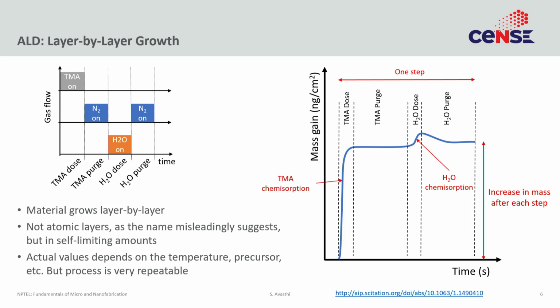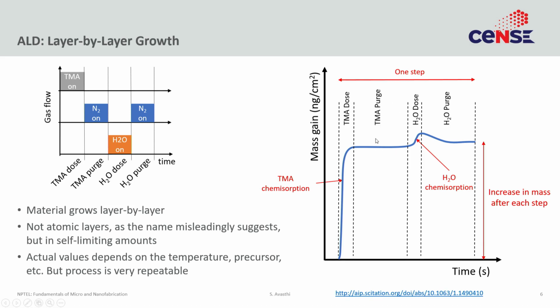Now, if you stick a quartz crystal in there and actually look at what is happening to the mass gain, it tells you a very interesting story. So you start from point 0, which is the TMA dose part. During the TMA dose, because of chemisorption, you see an increase in the mass, which is expected. But this is a self-limiting reaction, remember, so it keeps increasing, and at some point it flatlines. The reason it flatlines is that at that point there are no surface states for TMA to react with or chemisorb on. After this point, there is no point in waiting any further, so you turn off the TMA and then you do the purge cycle.